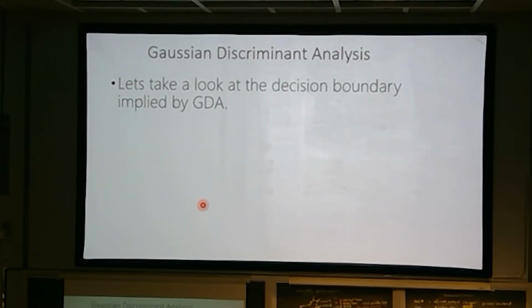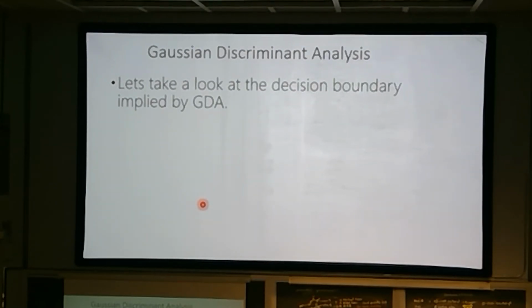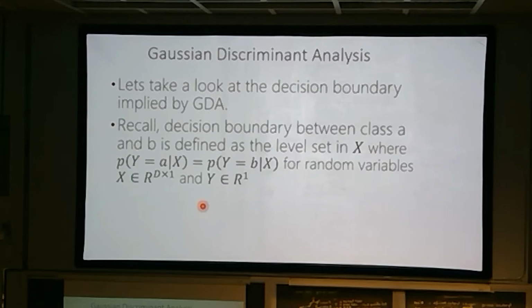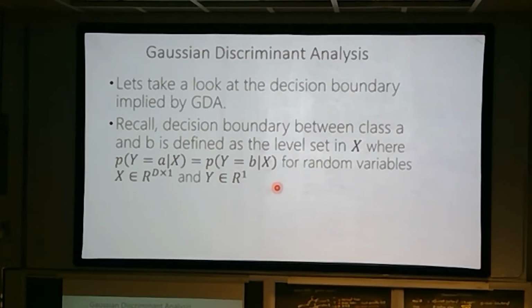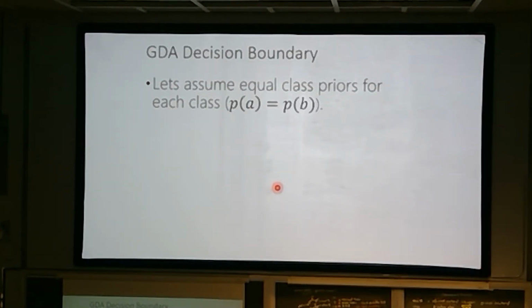Okay, so let's take a look at the decision boundaries that are implied by these models. In the last class, we saw the decision boundary was linear, so what do they look like here? Remember that we get the decision boundary by taking a model, and even though we have a generative model, we can use Bayes' rule to compute these things, which are probability y given x, just as we got from logistic regression. We set them to be equal, and then we see what kind of a function of x it is. If it's a linear function of x, then we have a linear decision boundary.